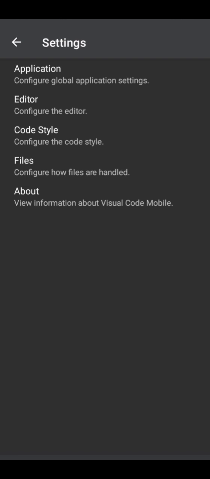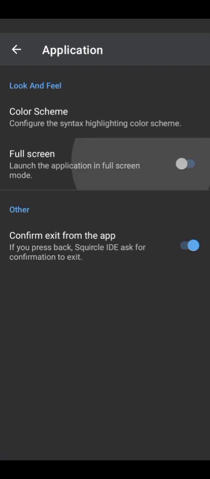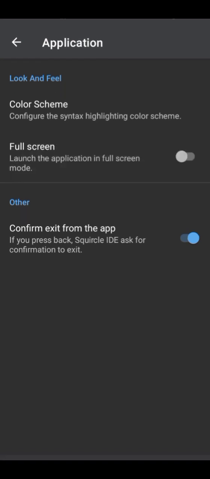So let's see. If you go to application, this is where you change your skin color, your full screen. If you want your editor to be showing full screen, you check this, click here and it will be showing full screen, but I prefer it the way it is, so I'm going to uncheck it. Alright, so